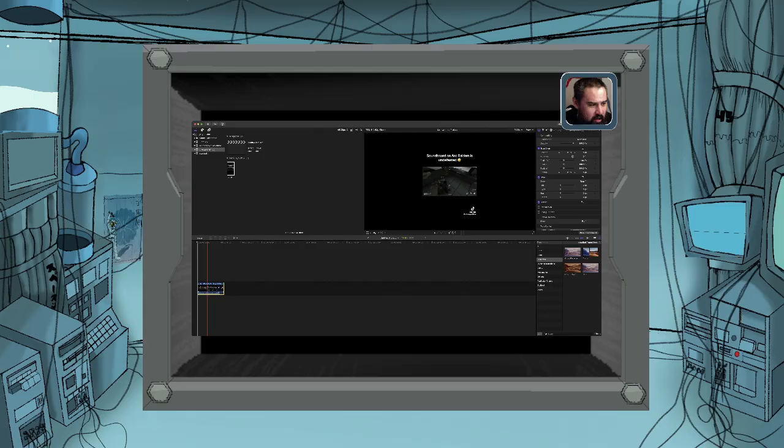This software that I have on the screen here is Final Cut Pro, which is specific to Apple devices. This is what I use, and this is the premium one, and I use it because I got it for free, so it's not because I'm a baller or anything like that. But you can do the same thing in iMovie,